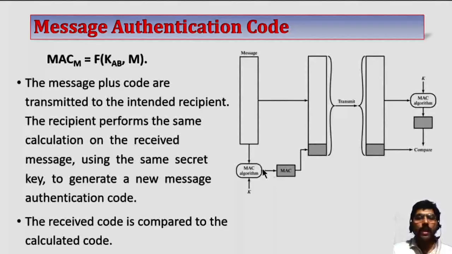There are many algorithms which will generate this message authentication code, but most of the algorithms depend on DES. Here the DES will generate a small MAC, a few bits, up to 16 to 32 bits. The MAC will be created and given to the next process. This DES actually generates a message authentication code of 16 bits or 32 bits as output here.